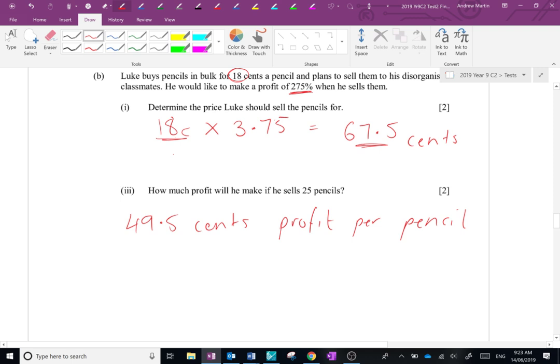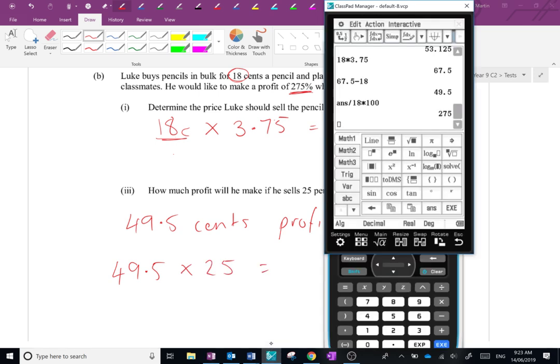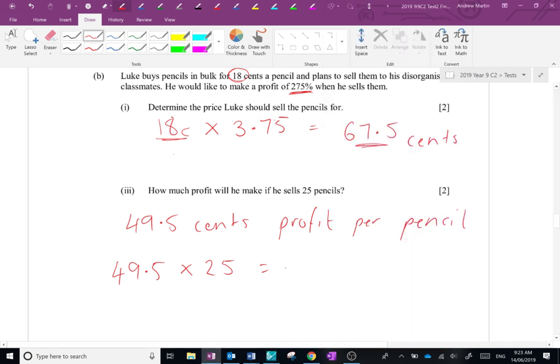And so if we multiply that by 25 pencils, so 49.5 cents by 25 pencils, okay, so this is how many cents? So that's 1,237.5